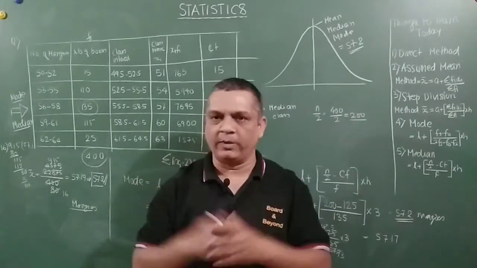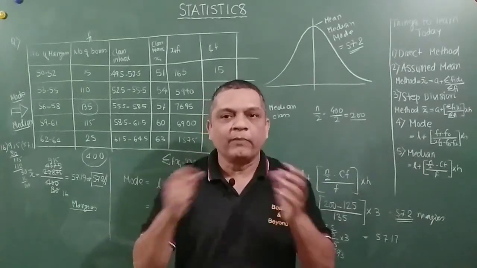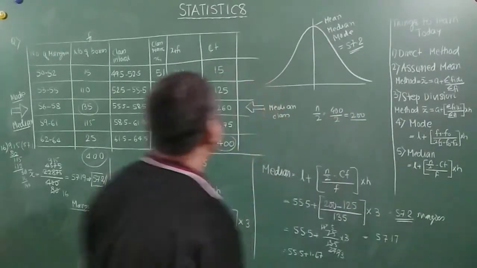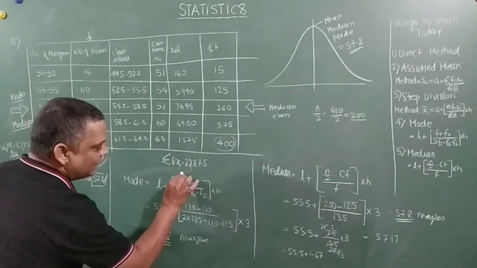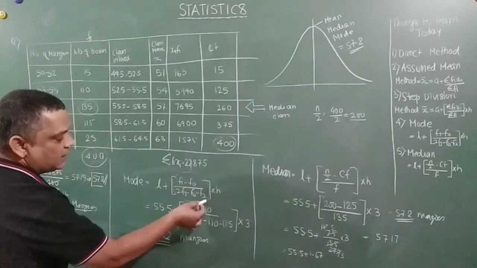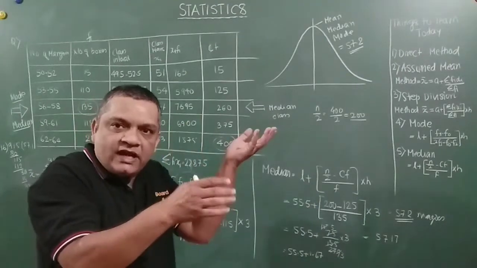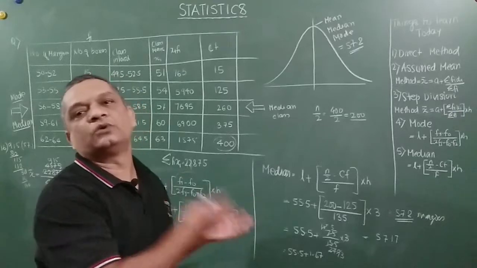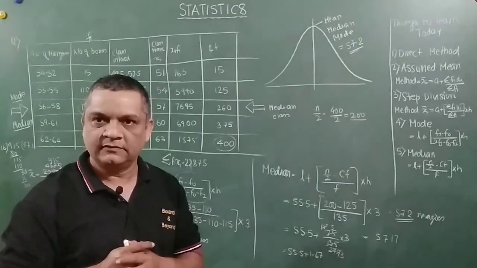Okay, that is the drawback. Coming on to mode. The minus point is that mode doesn't use all the data. For example, when I am finding out mode here, you see, I am only restricted to these values, right? And this is nothing but the modal class, a class previous to that and a class after that. What about the rest of the data? It doesn't include that. This is basically a drawback of mode, right?